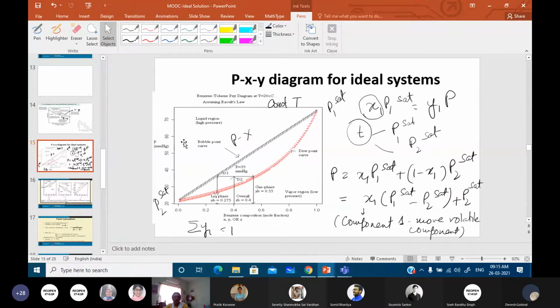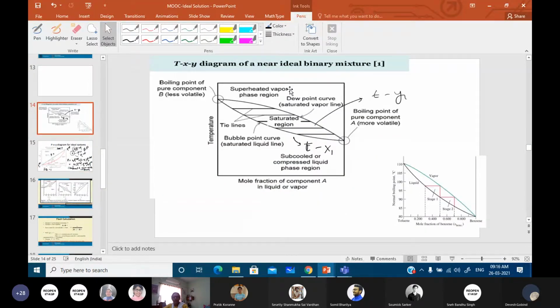Quite naturally, at high pressures you have a liquid region. If it is isothermally expanded, then you enter a vapor region, and in this particular case, at higher temperatures you get a vapor. If you cool the vapor at constant pressure, then it gradually condenses and forms the liquid state, right? So therefore, in this particular graph, if you observe, see, when we were dealing with single component systems, what did we observe?